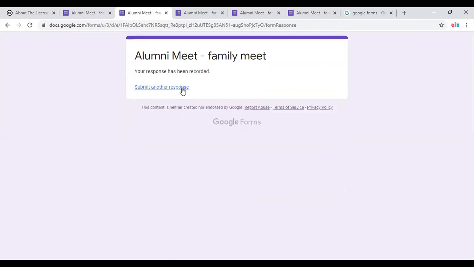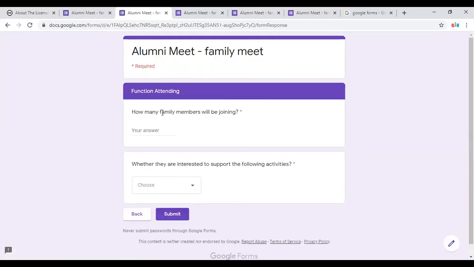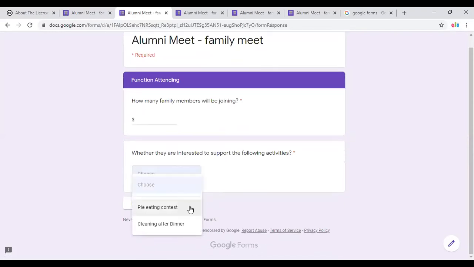Now another student comes, he goes for the response. He says, yes, I want to attend. And again, you'll go for the family members. So I just give some one member or two, say 3 members. Here, see, this is the interesting part of it. Because for dumb charades, we have given the limit as only 1. So that entry is automatically removed here. That entry is not shown here. Now you'll have only 2 choices to enter.